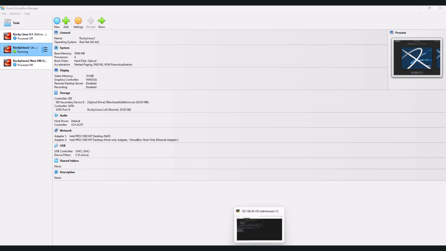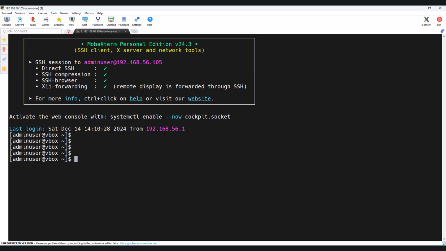I will take the access on my Windows machine on MobaXterm. This is the SSH client I am using. I have taken the SSH access to this server. So today we will show you how to install OpenJDK 17 and also we will show you how to set a Java environment, Java home path, and everything we will show